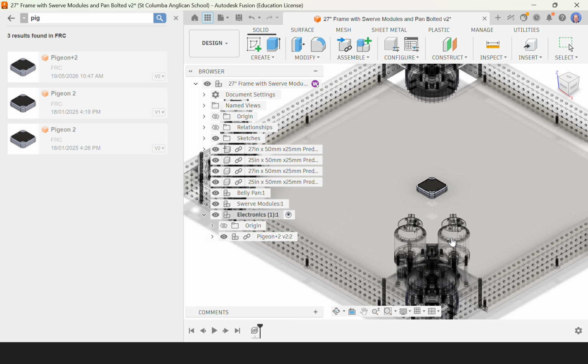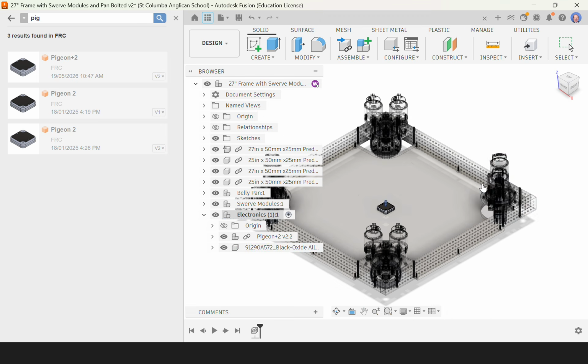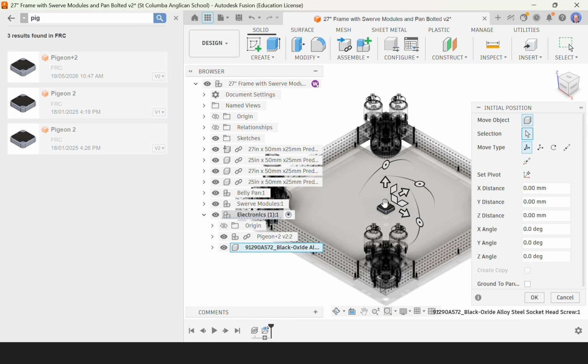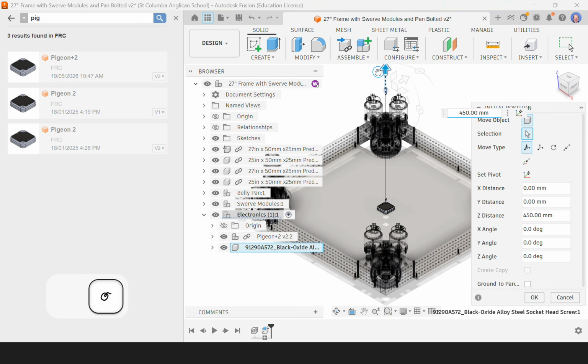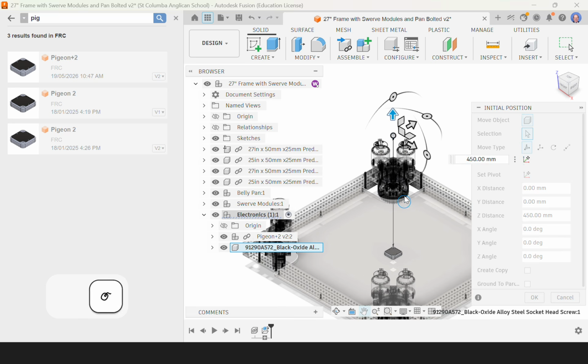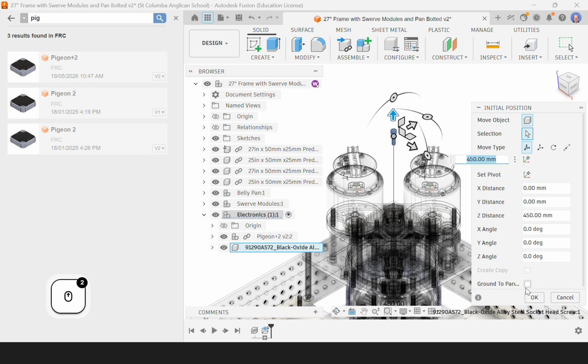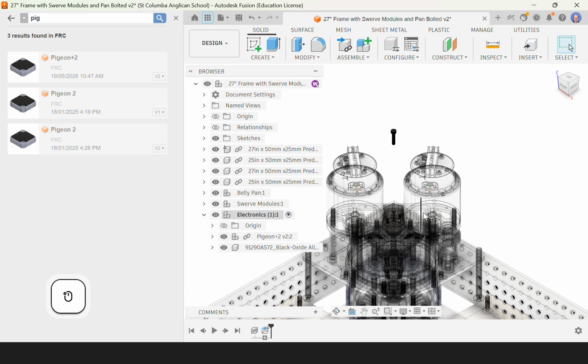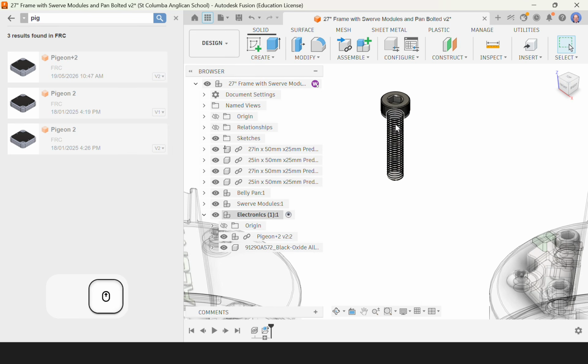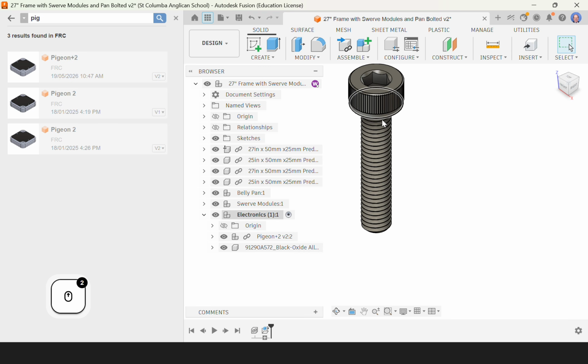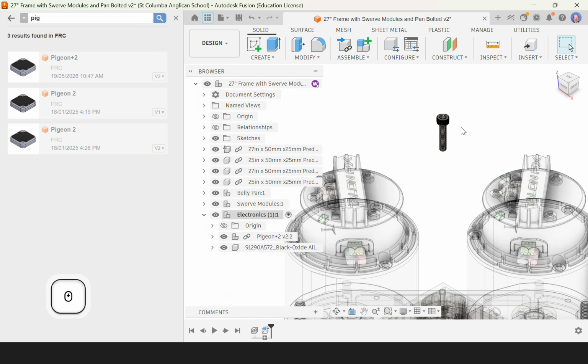That should bring my screw into the design, all going well. Yep, there it is. It's coming in at the origin of the design. I'm just going to pull that up and out of the way so I can see it easier. It's not grounded to parent. We don't want it grounded because we're going to position it. So go OK. Now I need to join the bottom of the head of this screw down there to the